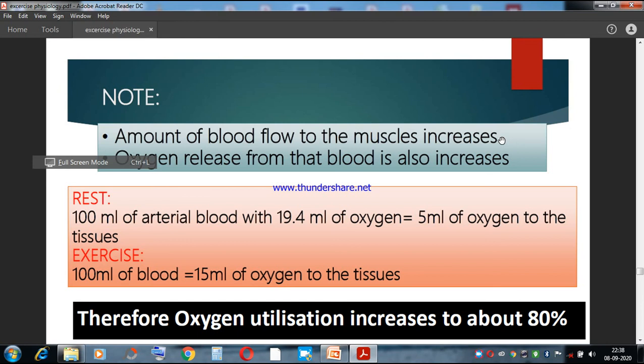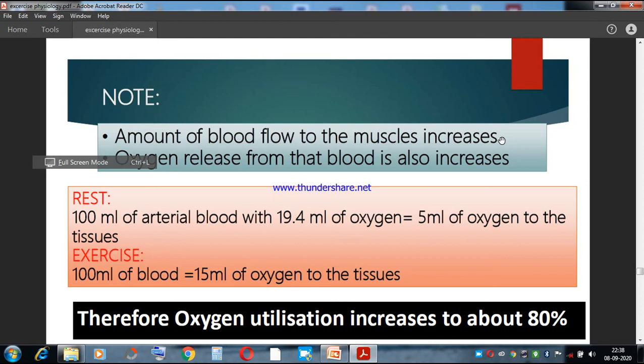The amount of blood flow to the muscles increases. That will cause increased release of oxygen from the blood. So more and more blood flow occurs to meet the increased demand of the exercising muscles. So oxygen will be more released to the tissue, to the muscles. Okay,